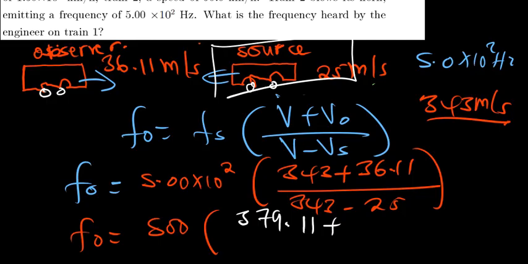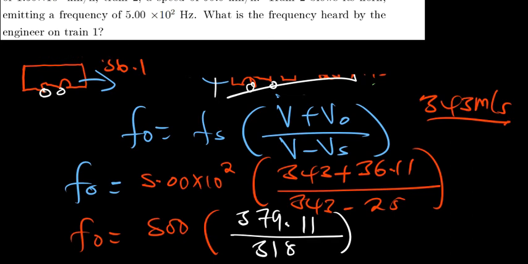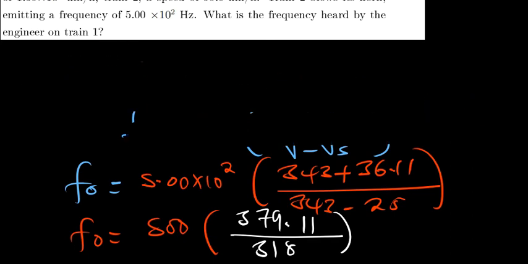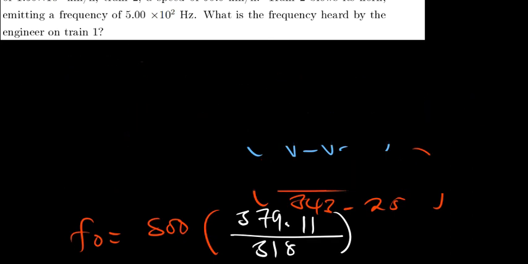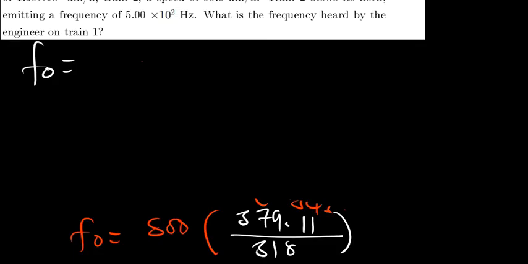Okay, I've added. Now I'm not supposed to put plus. Then I divide 343 minus 25, that is 318, like that. So I'll get rid of this, and then I'll say the VO will be equal to, I'm going to say